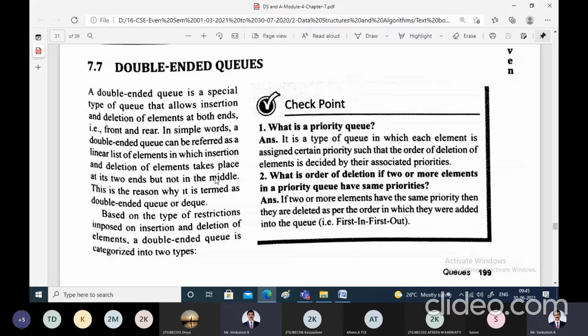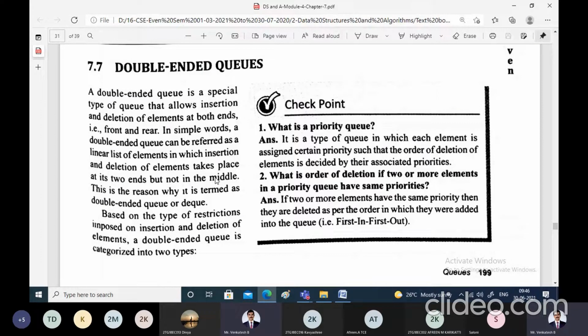In the previous class, we have seen about priority queue, how the elements are inserted and processed in the priority queue, and how they will be deleted. There are two ways. One way is, during the insertion itself, we sort them, arranging in the increasing order, then we delete.